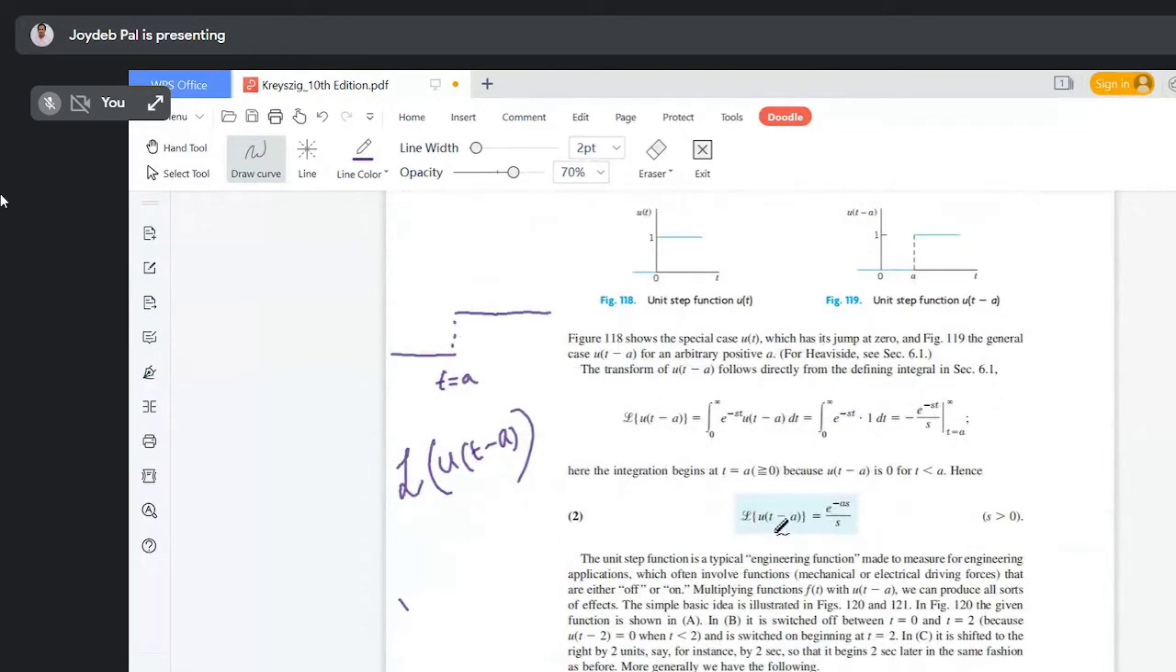Okay, Laplace transform of u(t minus a), it is e to the power minus as divided by s. So it contains an e to the power minus as related term. So from now on, if a function of s contains e to the power minus as, in that case you think that it is related to the Heaviside function. Okay,